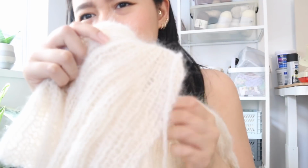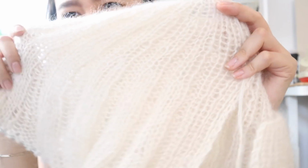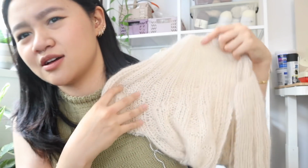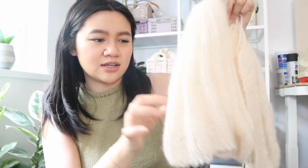But look at how gorgeous it is. Like, come on. This is how she looks right now. Oh my gosh. I'm trying to find a perfect lighting so that you can see it all. But I finished the yoke and I'm just doing the body, but the body is taking me, I did 3 rows of the body and was like, this is so much time and effort. So I'm horrible. I knitted this in the medium because I wanted it to be kind of baggy and big,